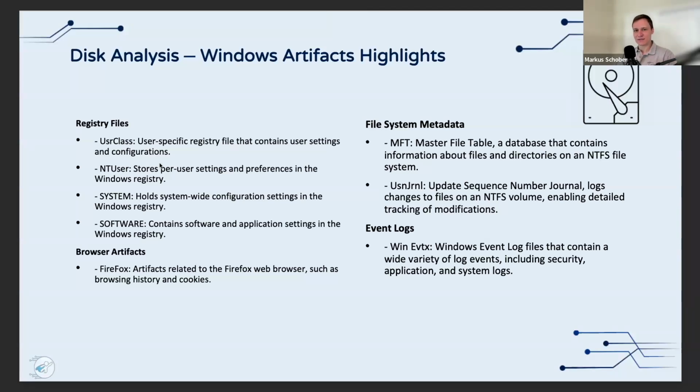The first thing I would do when I start an investigation, even with memory, but now in the disk especially, is extract information about the system itself. I want to know what the operating system type is, when it was last accessed, shut down, just some metadata around the system so that I can clearly say, hey, this is actually the system I'm expecting to look at. Many times somebody has handed me the wrong system, I started looking into it, and then it turned out it was not the right system I was interested in. So first of all, clarification of what we are looking at, and then we can dive deeper